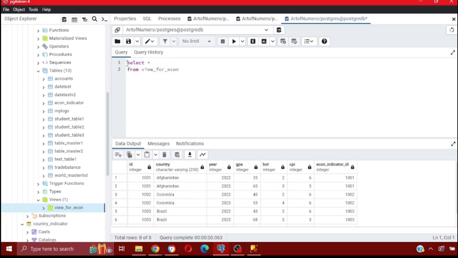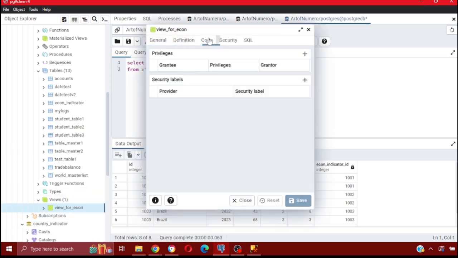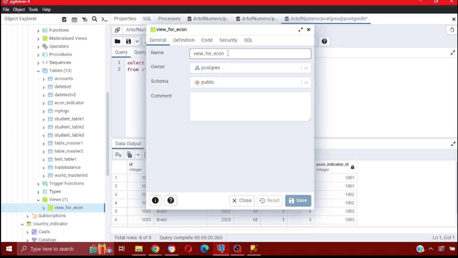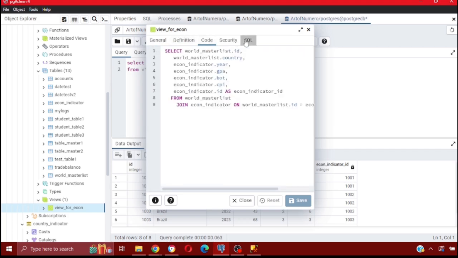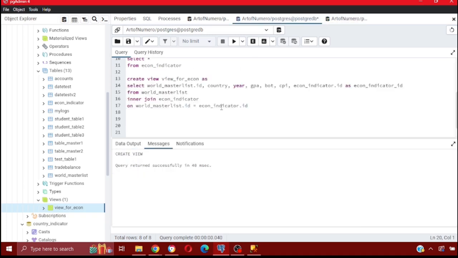Now, what if you want to edit your view? This is your view and you want to edit it, and you already see that you have this information here. It's under the public schema, but you cannot change much here in the properties, right? Now, if you want to change it, you can simply use something called create or replace view,